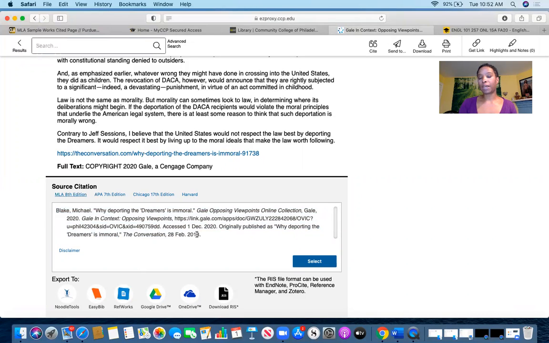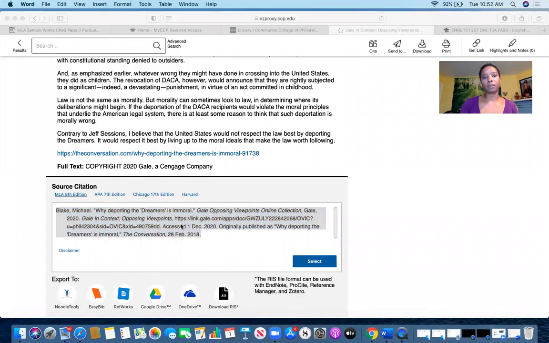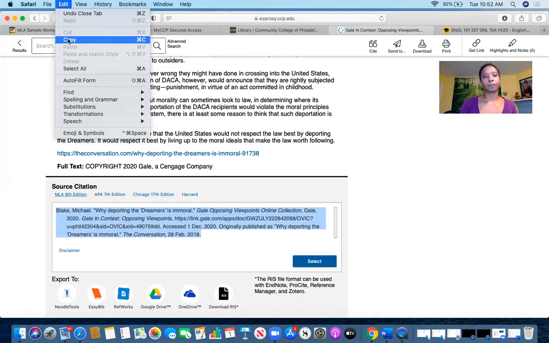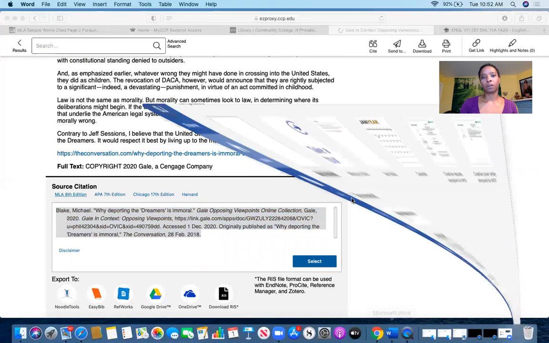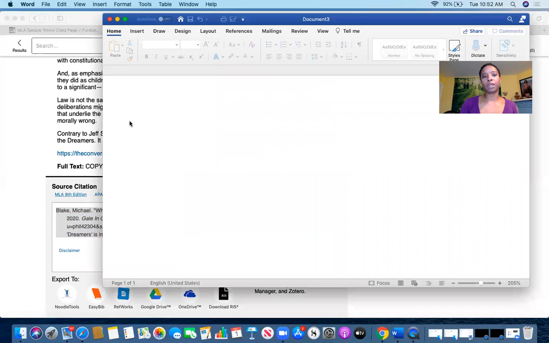So if I'm on my CCP database, I'm just copying and pasting this, and I'm putting it in, let's see if I can find it. I didn't save it. So I would copy and paste, and I would just put it in my Word document, right? That's the easiest way to do it. If you're working from a bibliography or like EasyBib, one of those online websites where it kind of sets it up for you,